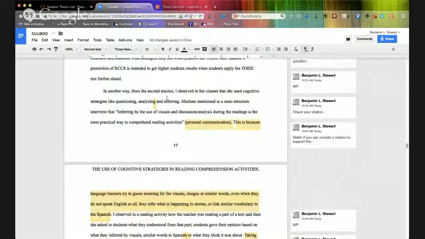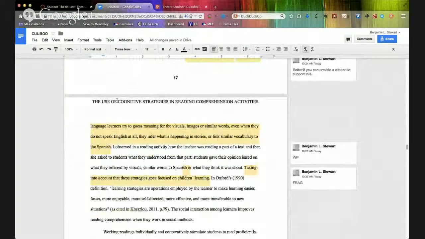See, so it looks like you're just talking about when it says observe in a reading activity how the teacher was reading a part of the text, and then she asked the students what they understand. This could be questioning from that part. Yeah, but include examples. What questions did the teacher ask? Okay. So